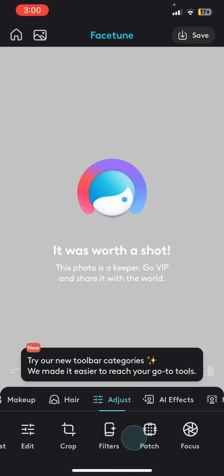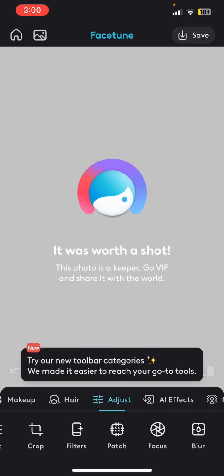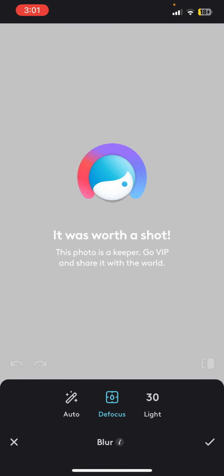And you need to slide it to the left, and you can see the blur icon at the bottom right corner of the screen. So simply select the blur icon, and now you'll be able to add blur effects successfully from here. So basically this is how you can add blur effects on FaceTune, and if you still encounter any